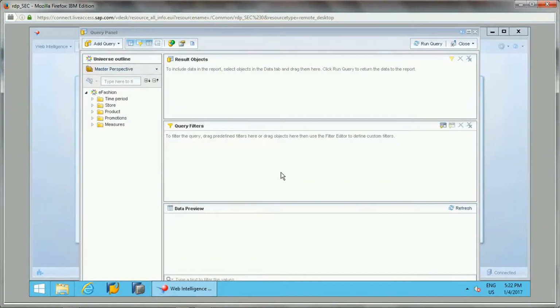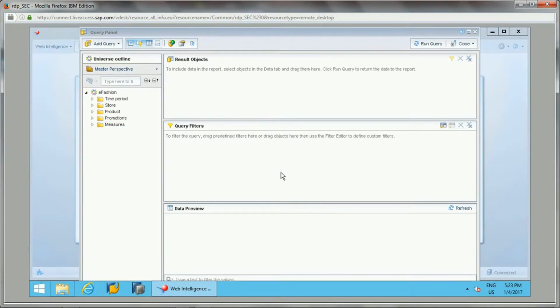Hello friends, in this video we will learn about the For Each and For All operators, which are context operators in SAP Web Intelligence calculation context. The theoretical sections I already covered; you will find that theory video link in the video description. So what is the For Each operator? The For Each operator is used to remove the context from the calculation.